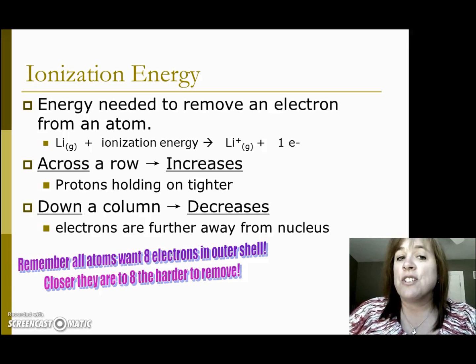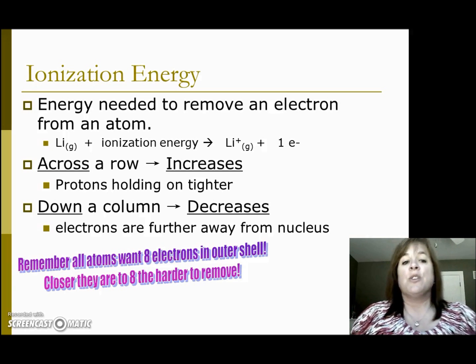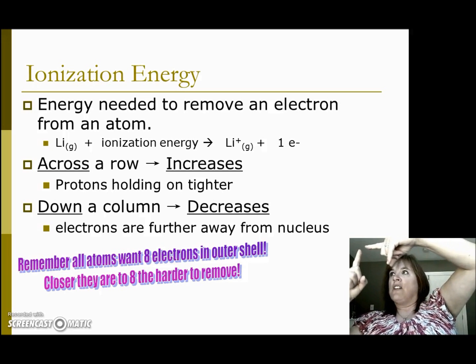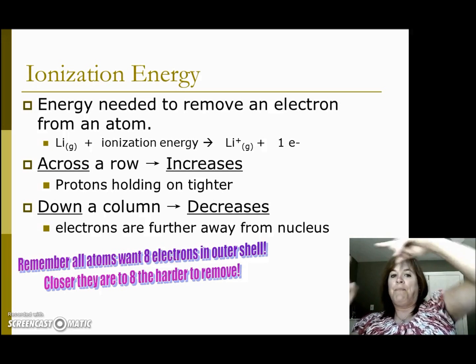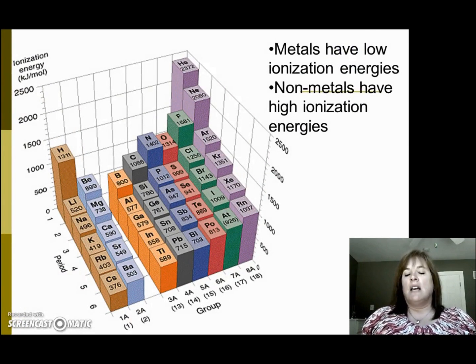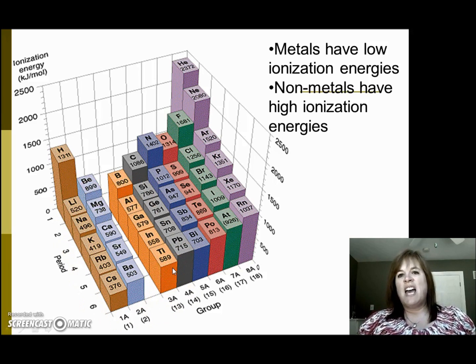So ionization energy is the energy to remove an electron. So the highest ionization energies are in that top right corner. Now, if we take a look visually, a little bar graph here, you can see that the metals have a pretty low ionization energy, right? They want to be positively charged. They want to have an outer shell of electrons,